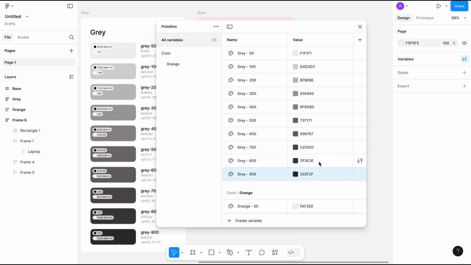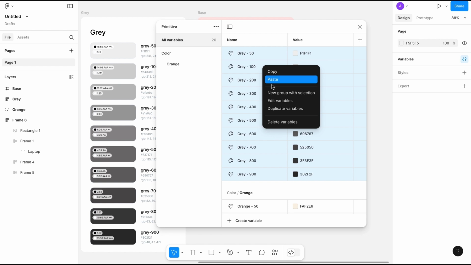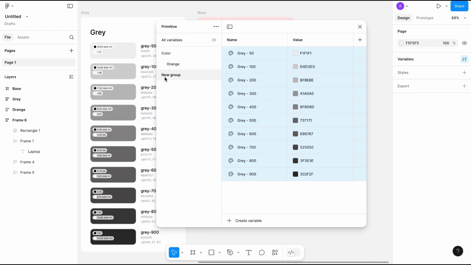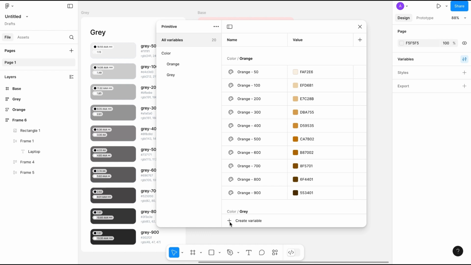Now I will make a group of it. Select all and create a group with the name color forward slash gray. So we have two categories of color here. Now let's create a number variable for spacing. Go to all variables and click on plus and choose number from here. Maybe